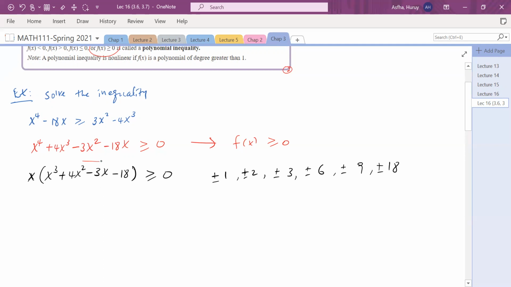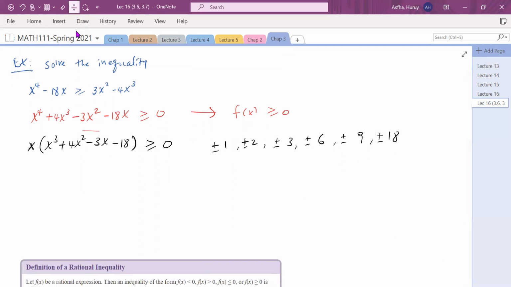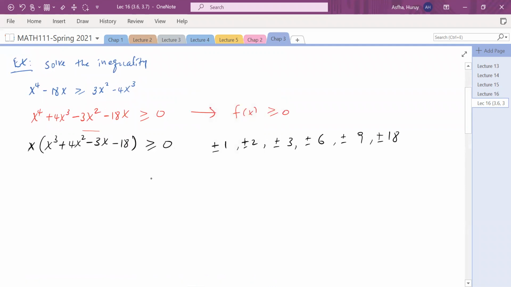And once we have the quadratic form, then from that onwards, it's not going to be a problem because we are familiar with how we can factorize or solve a quadratic form. Therefore, I know 2 is a zero of this one, so I'm going to divide it. Let's divide this by 2, and the coefficients are 1, 4, negative 3, negative 18,